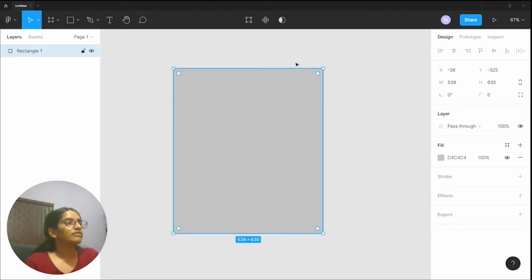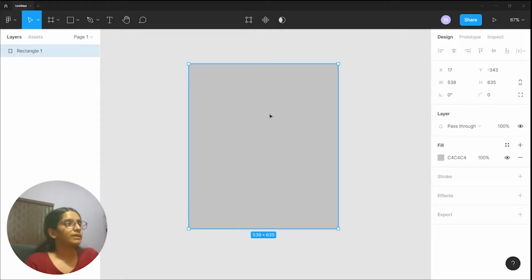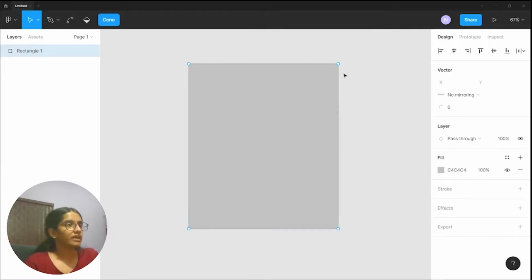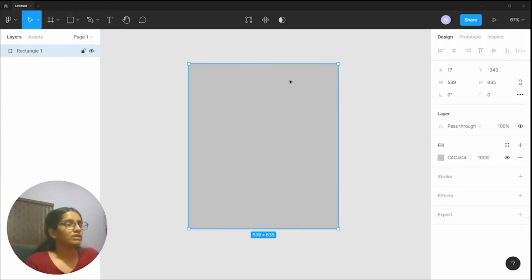So now if we select our rectangle, you'll be able to see a ton of options appearing here on the top of your screen as well. So you can see something called as the edit object. So if I click on it, I'll be able to change the vector basically by selecting its nodes over here. I can also create components and use mask. We'll be coming back to this in a minute.